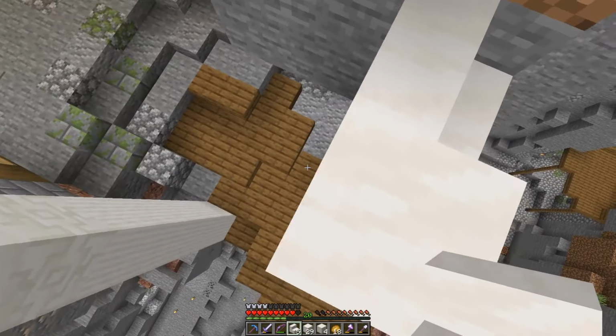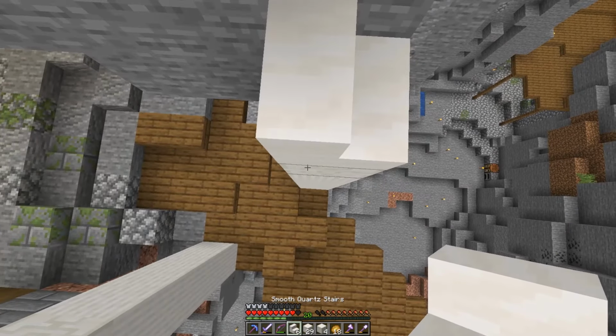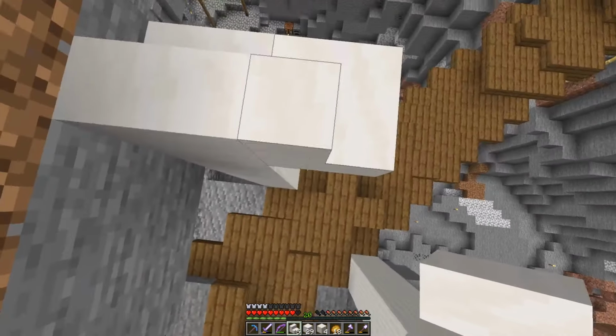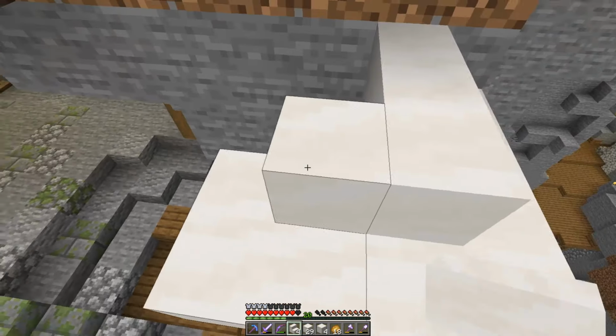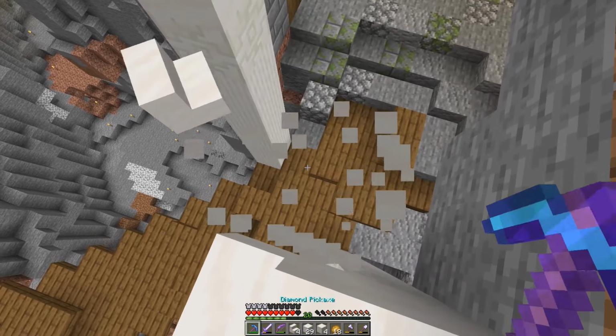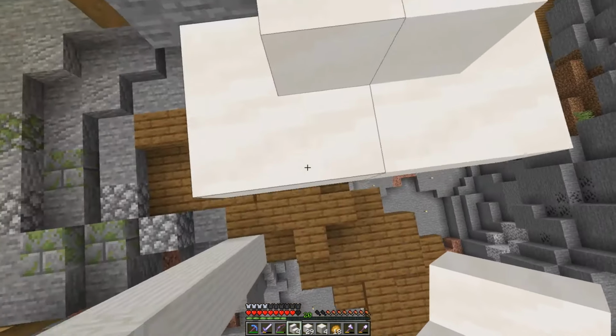And then not like that. Pretty much just brought these stairs all the way across here, I believe. That's not going to work, is it? It goes... Maybe it is like that, and then...